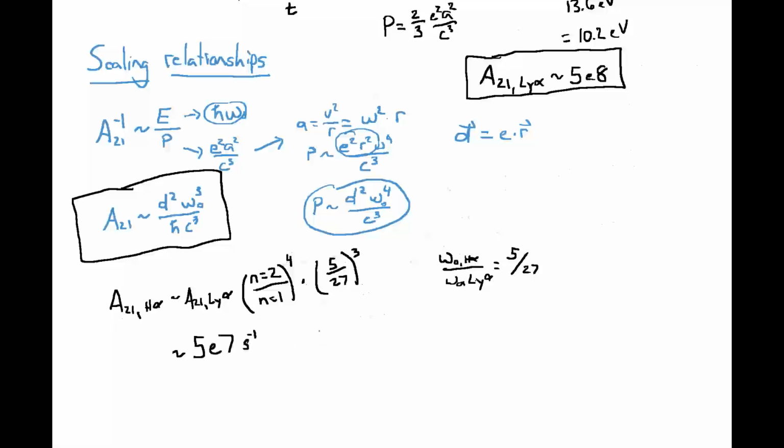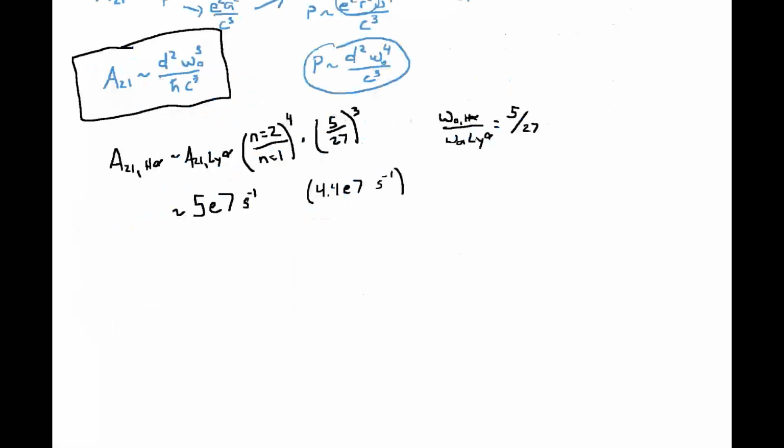You compare that to the true answer of 4.4 times 10 to the 7 inverse seconds. So this way of estimating the strengths of Einstein A coefficients scales pretty well. Now let's see if we can bring this a little farther. What we just demonstrated is that we could scale Einstein A coefficients between different dipole transitions using the scaling relationship